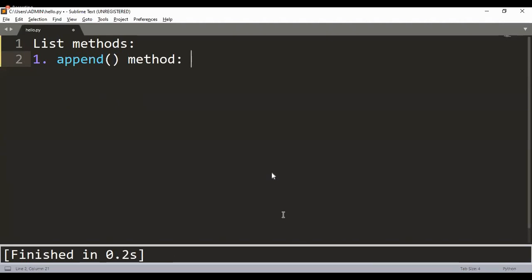Now, all of you, please stop writing and concentrate. Look at the screen. It is hardly for another 15 to 20 minutes that the session would proceed. Now, this is the general syntax of the append method. It happens to be one of the inbuilt methods of list. So, if at all you have to call this method, you'll have to make use of the list reference or the list name. I'll simply call it list name dot append. This is the general syntax.